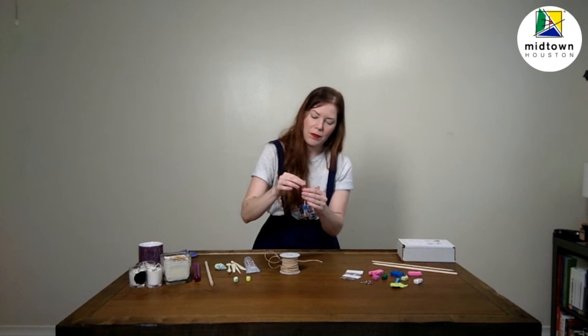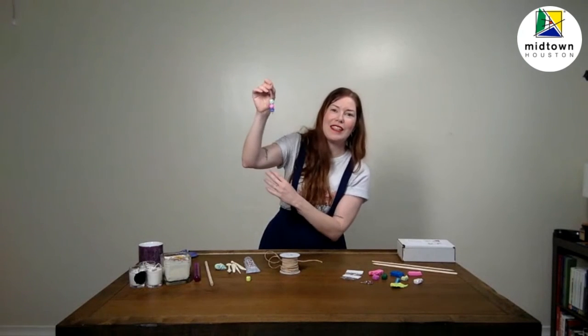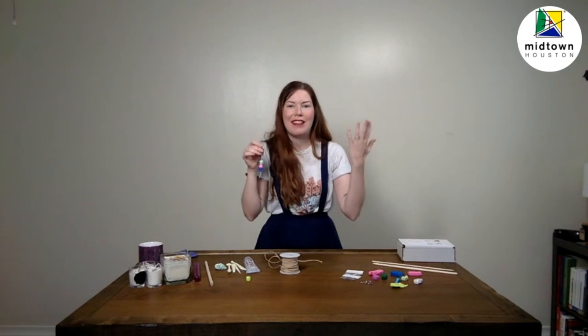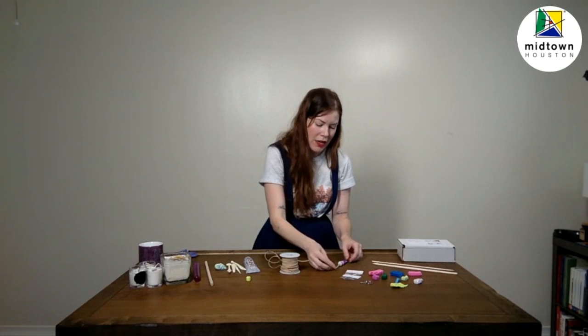Of course, do this in any order. You can use any beads you like. There's definitely no right or wrong way to do this. I always like to add beads in sections of 3 because I think it's just very pleasant for the eye. And then once you're ready,